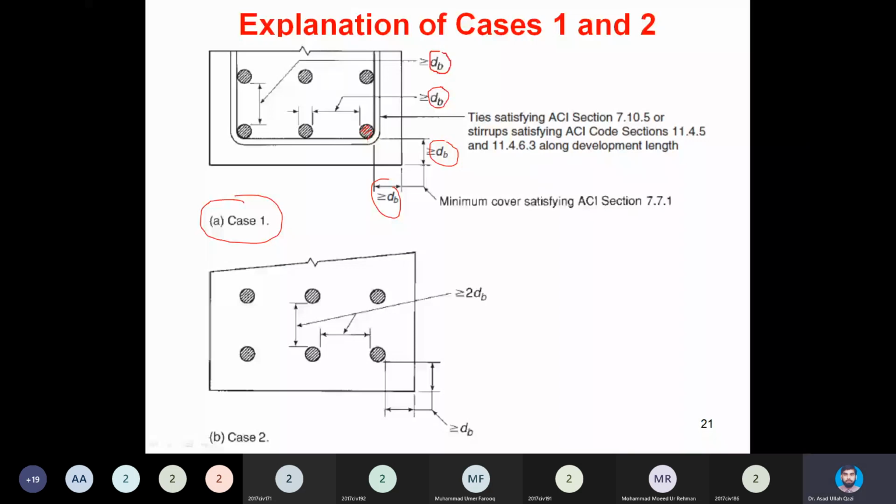So this kind of confinement, cover, and the clearance between bars and the layers, if it is present,